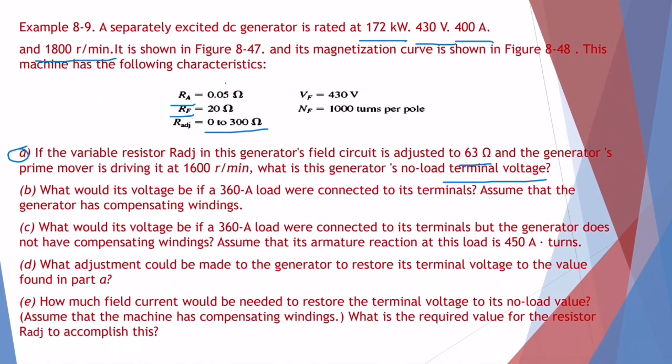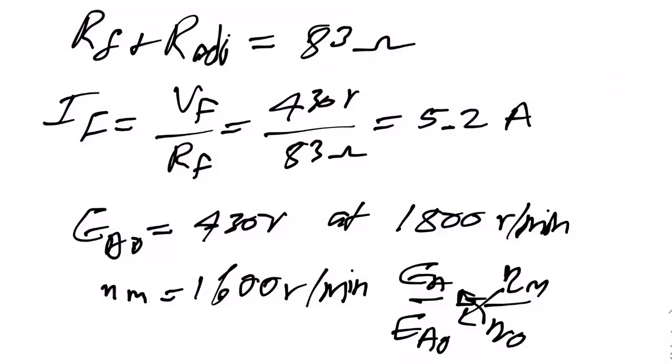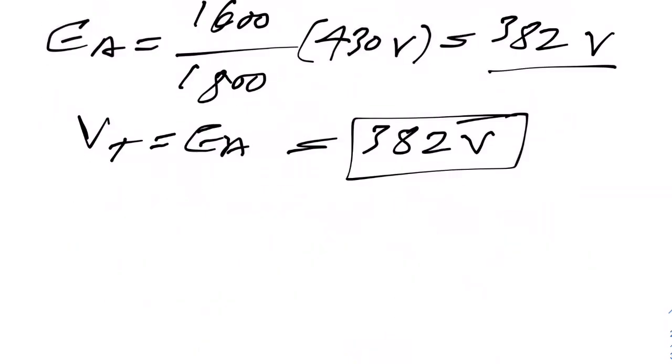Now part B: what would its voltage be if a 360 ampere load were connected to its terminals? Assume that the generator has compensating windings. Okay, now B. If a 360 ampere load were connected to this generator's terminals, the terminal voltage of the generator would